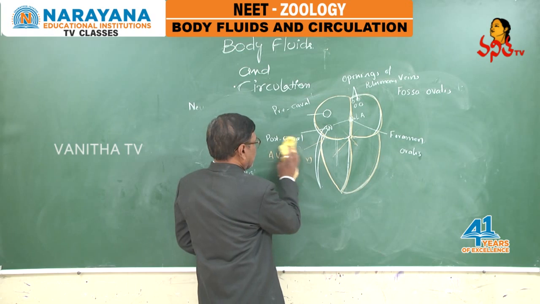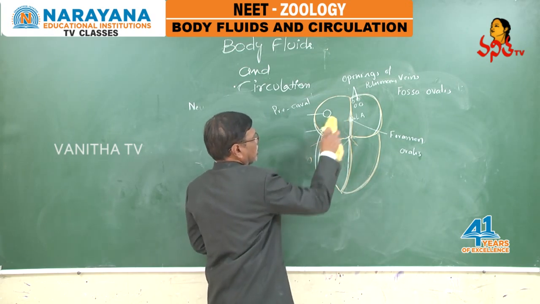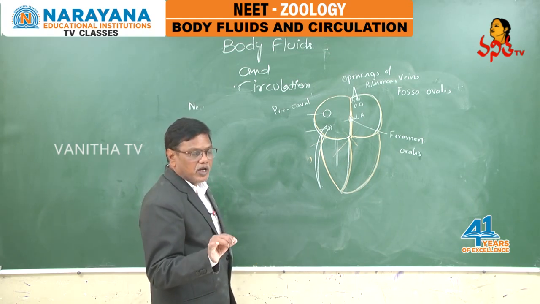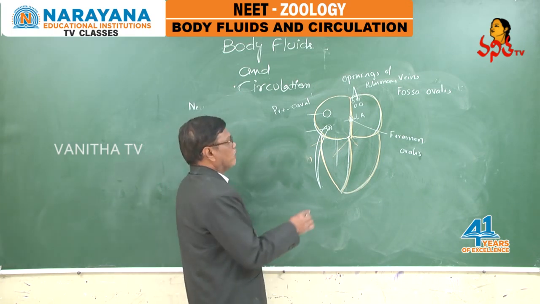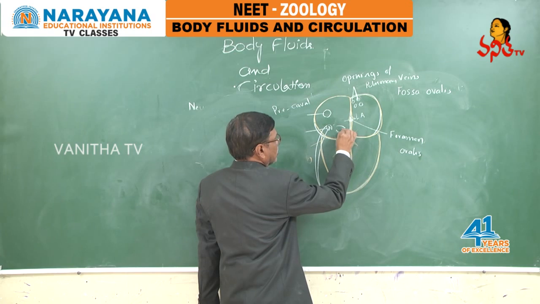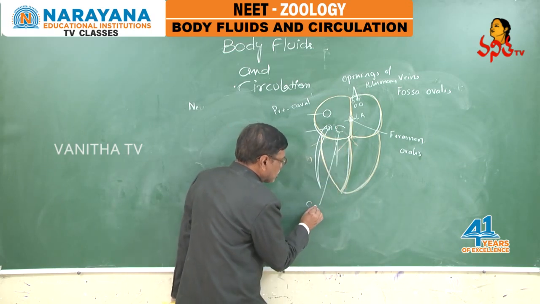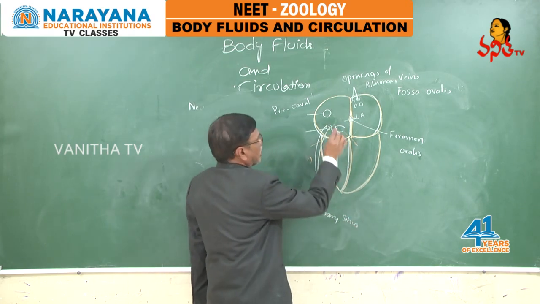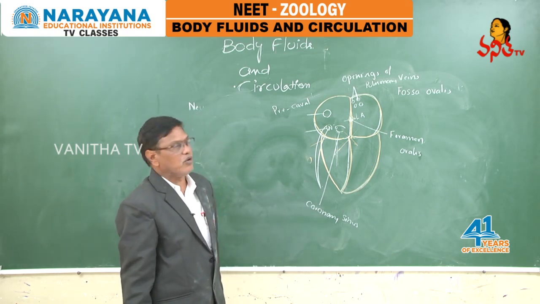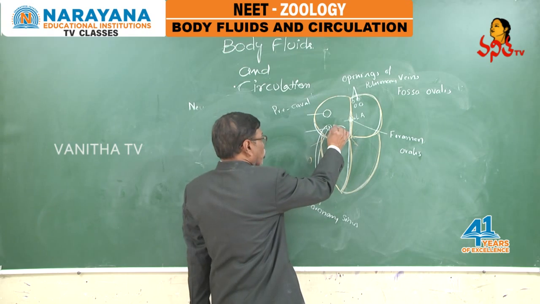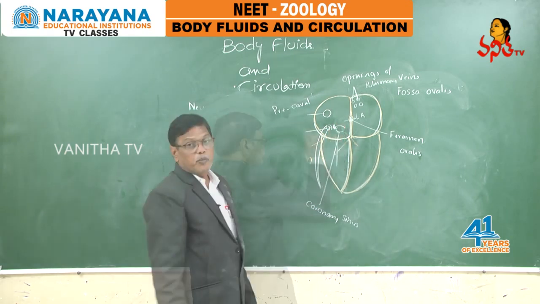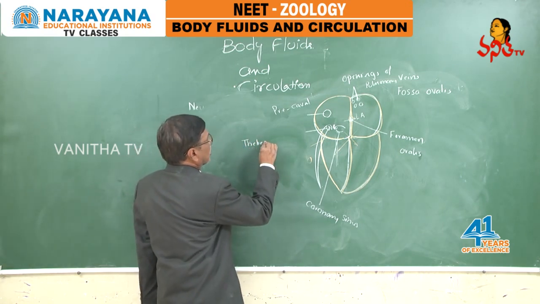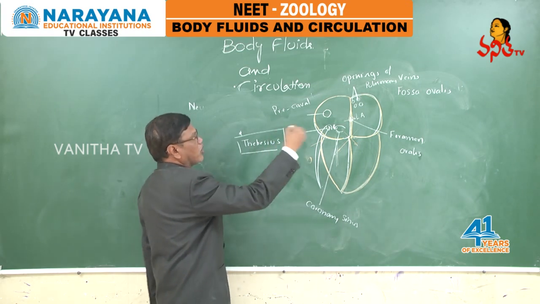In the right auricle, in addition to this, as we discussed in the previous class, 2 pairs of coronary veins are collecting the blood from heart muscles. All those 4 coronary veins together form a bulb-like structure called the coronary sinus. That opens into the right auricle very close to the postcaval opening. This opening of coronary sinus is guarded by the valve of Thebesius to prevent the backward flow of blood.